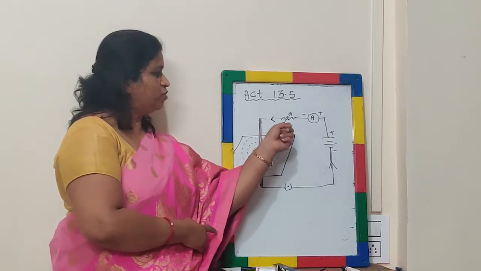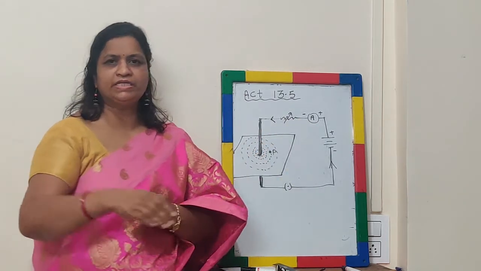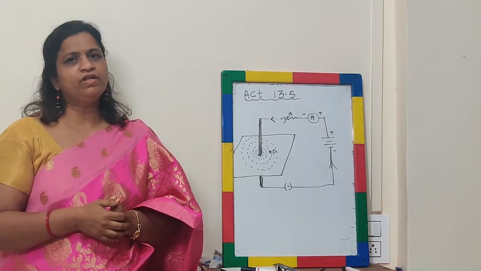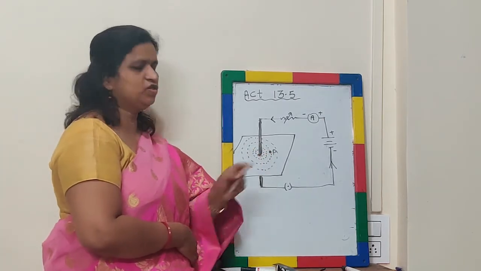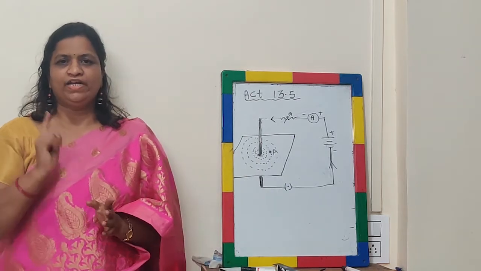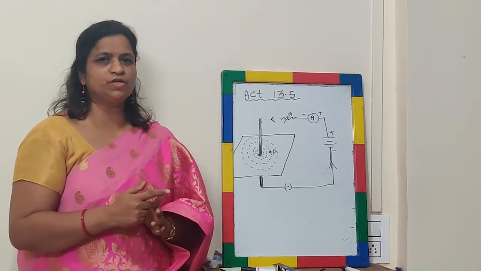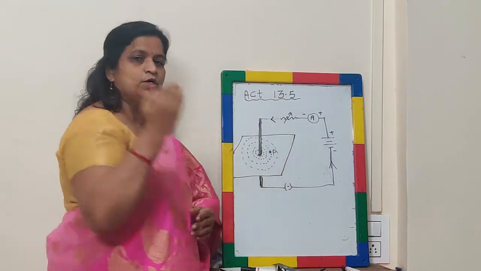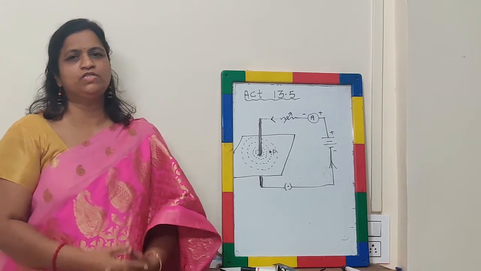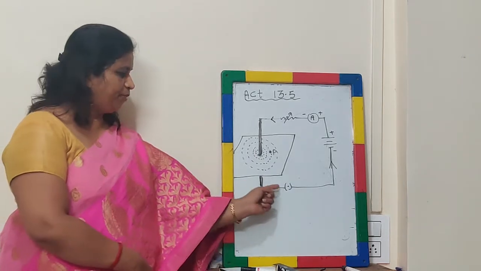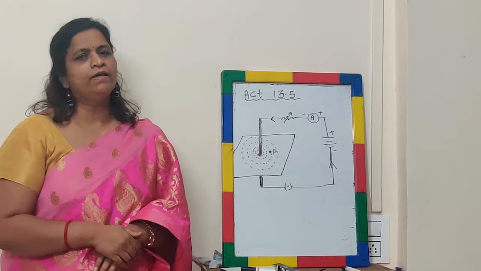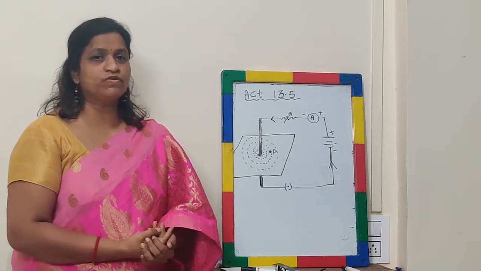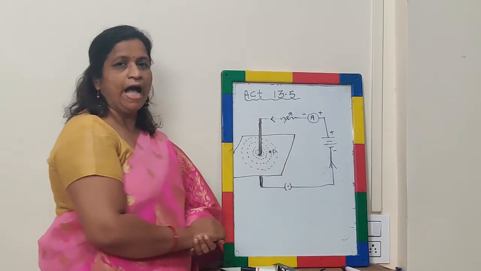Now we will change the rheostat. From the ammeter we will get the idea whether the current increases or not. Whenever the current increases, automatically the deflection in the compass will be more. It means that more magnetic field is generated there. If we increase the resistance and decrease the current, the deflection is also less. And if we break the circuit, so that there is no current at all, then there is no deflection. So this is our second observation from this activity.